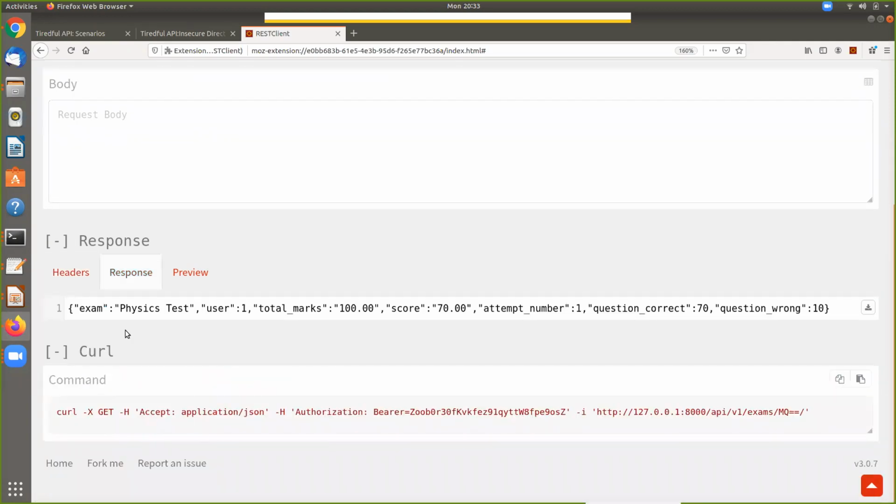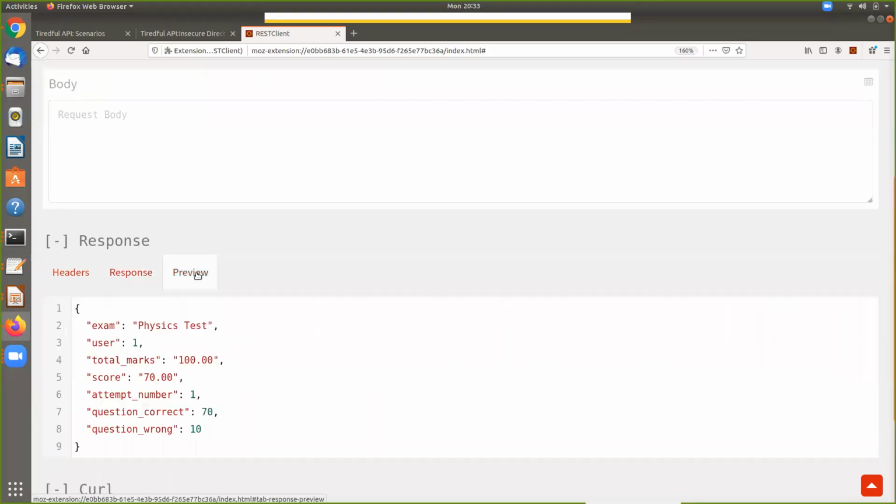We look at the response, and so this is a physics test, and it's for user number 1, which we know is our Batman person. And if we preview it, we just get a nice little easier to read JSON formatted response.